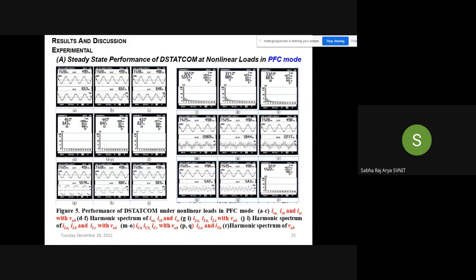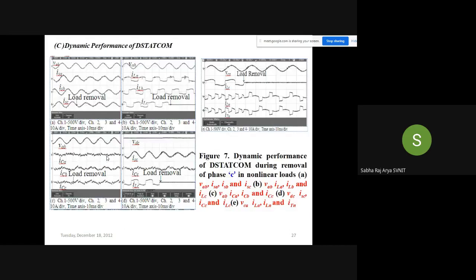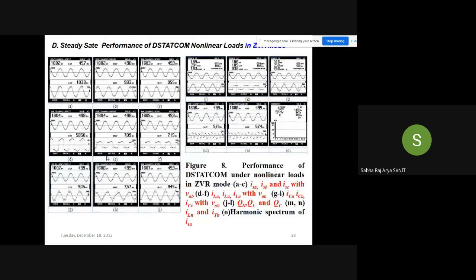After loading, we have flowed the current 6.53. At that time how much voltage dip did we observe? 160 to 152. Now I want to maintain that 152 to 160 again. So that is the ZVR mode. You can see here, in case of ZVR mode, along with reactive power, harmonic and load balancing with neutral current,